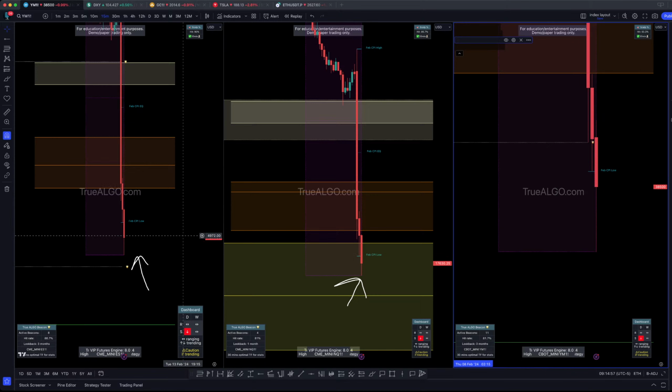And when are you invalidated? When it closes bullish. There's no bullish close. There is no reason for gold to go higher. And now you just watch it continue to put in a new low.